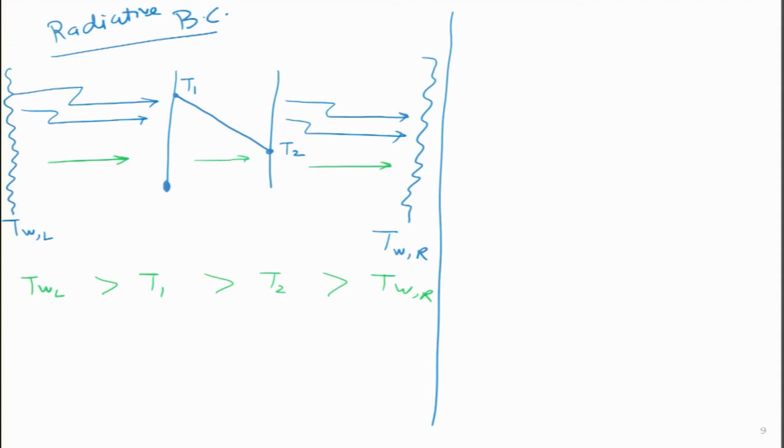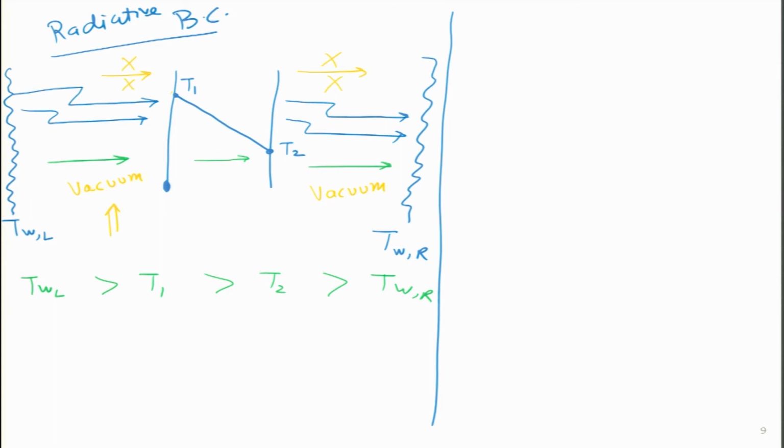How can I justify this radiative boundary condition? Under what condition is there no convection and only radiation? If we have vacuum. So, instead of air flowing on the left hand side, there is no air, it is just vacuum. Again on the right hand side, there is no air, it is vacuum, which means there cannot be any conduction or convection over here, and over here also there cannot be any conduction and convection because they cannot take place through vacuum.